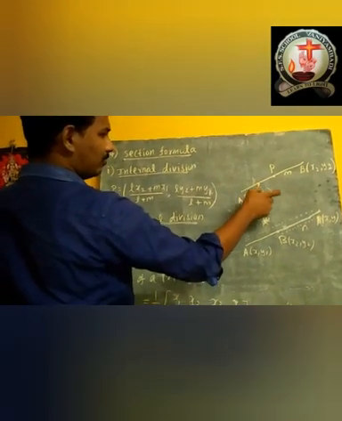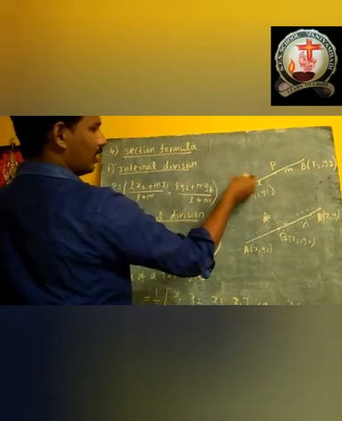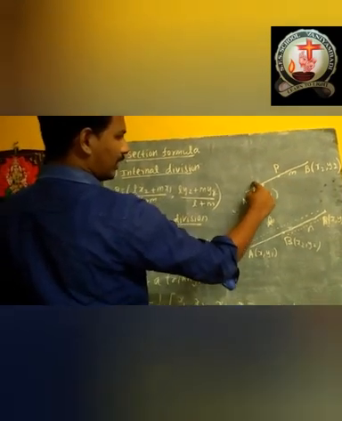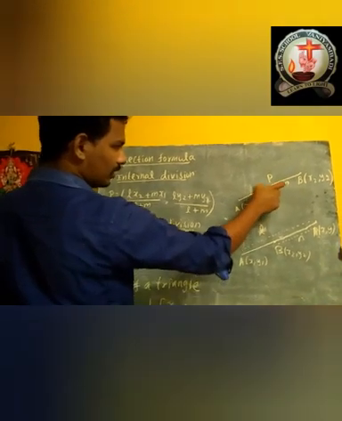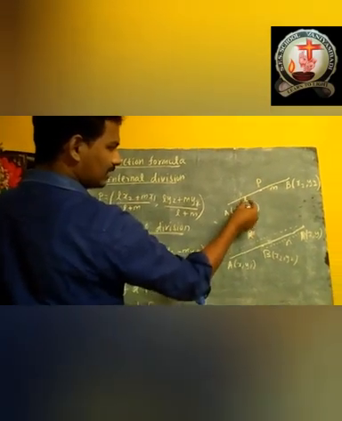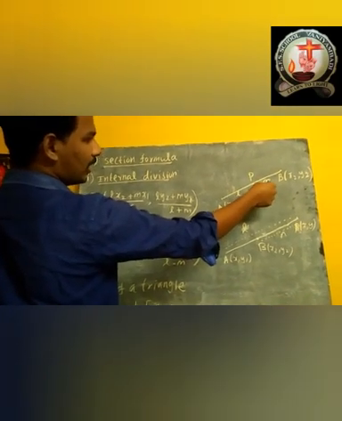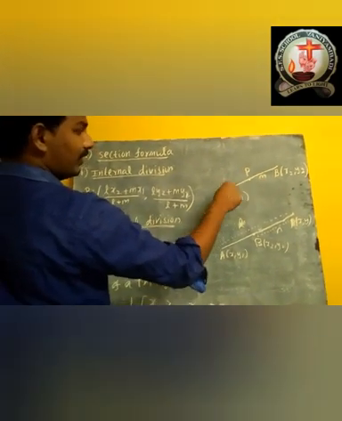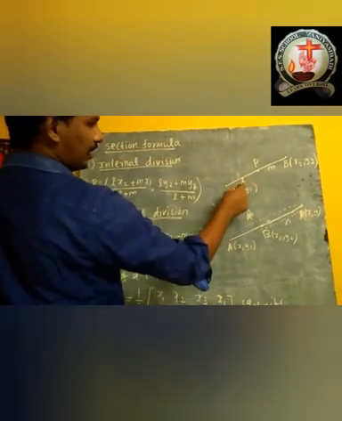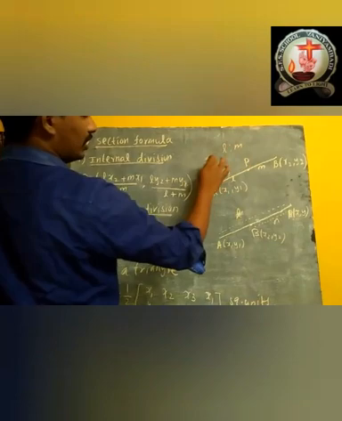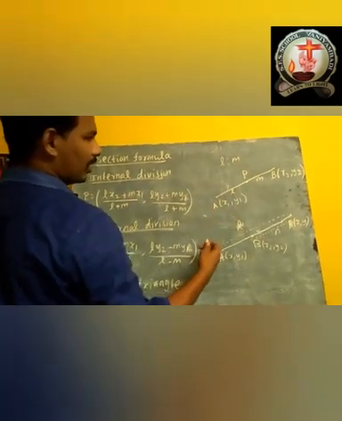This L and M is called a ratio. For example, here 2 parts, here 3 parts, so we can write 2:3, no? This total line is being divided at some point. That point I am taking as L and this point I am taking as M. So we can say L is to M, like this. L is to M, or 2:3, 5:3. They will give it in some form.